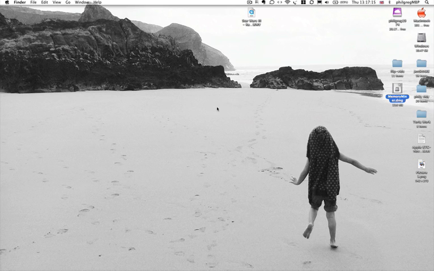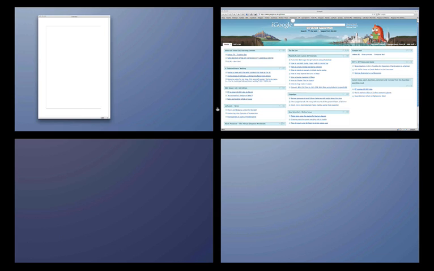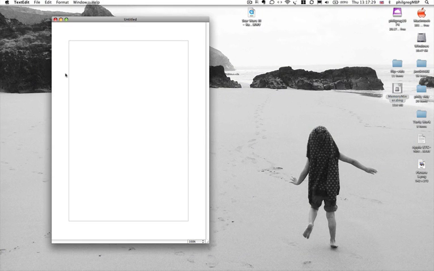First of all, I'm just going to be working on my Mac today, and I'm going to bring up Notepad or TextEdit, and that's what I'm going to be using to write the code. So let's go and get TextEdit. There it is. Now, when you're writing HTML code,